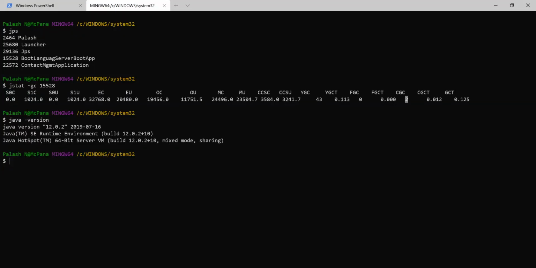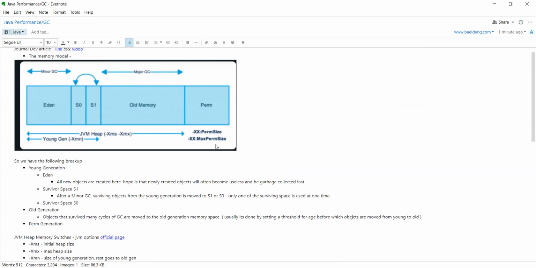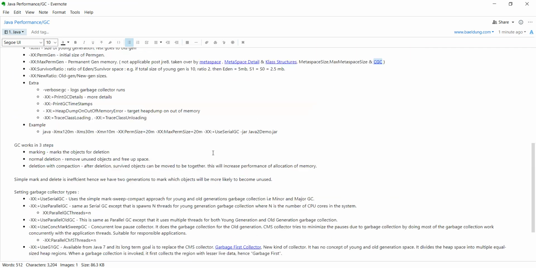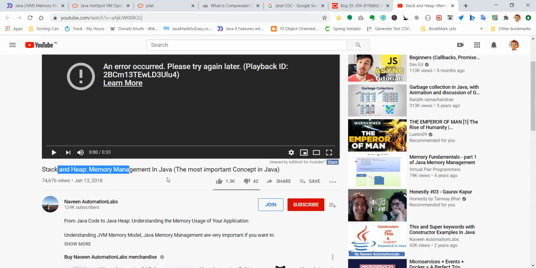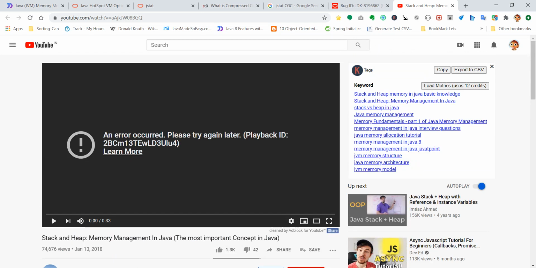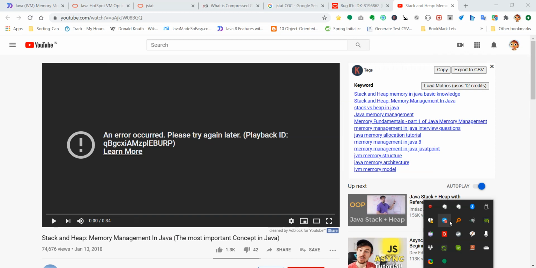And then finally we have GCT, which is the total time for garbage collection for this application. Let's see if anything is updated. Nope, not much garbage collection happened between the last time we invoked this. So that is Java performance and details of performance. There's a video here which is quite interesting and talks about the stack and heap memory. You can also look through this. That kind of ends this phase of the video. Thank you.